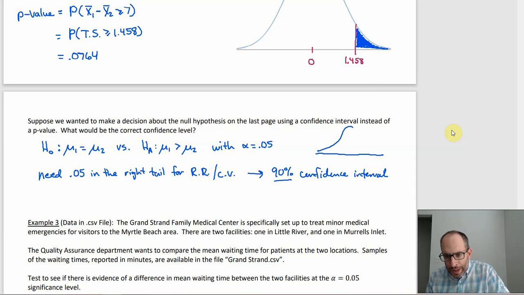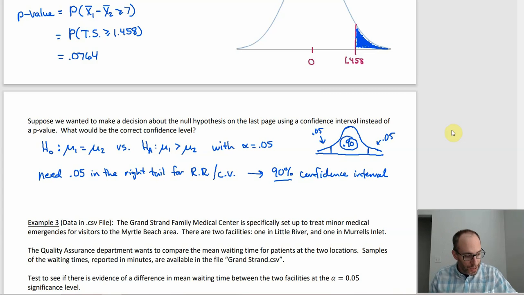Because if you're getting a 90% confidence interval, then in the middle you're going to have the 0.9, and then left over you'd have half of 0.1 in each tail, right? And we're supposed to have 0.05 in the right tail, so this would be the thing that works. So we want that 0.9 or 90%. And what it ends up being, since I did go ahead and figure it out, the 90% confidence interval would be from negative 0.987 to positive